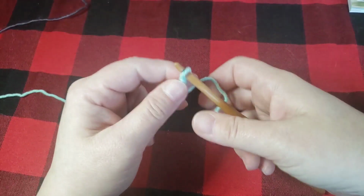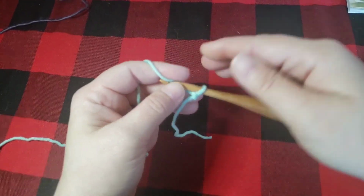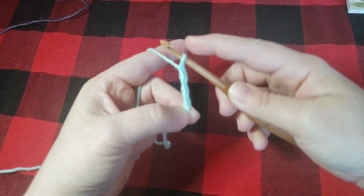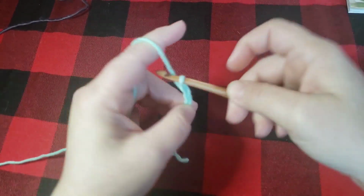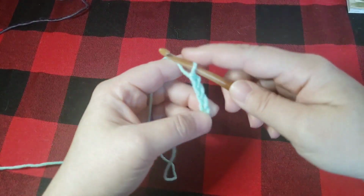I'm going to do a real small scale of what you guys are going to do, and I'll show you what I mean. So we're going to do 1, 2, 3, 4, 5, 6, 7, 8, 9,